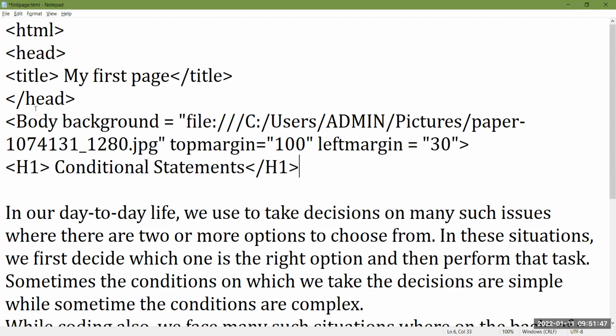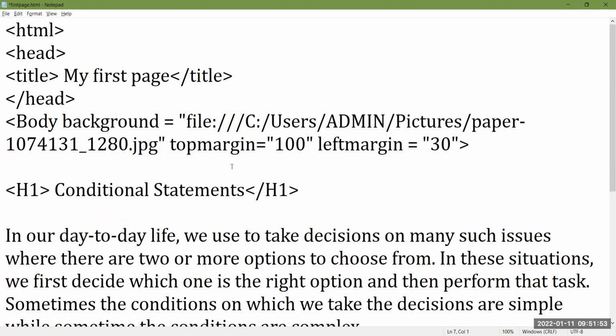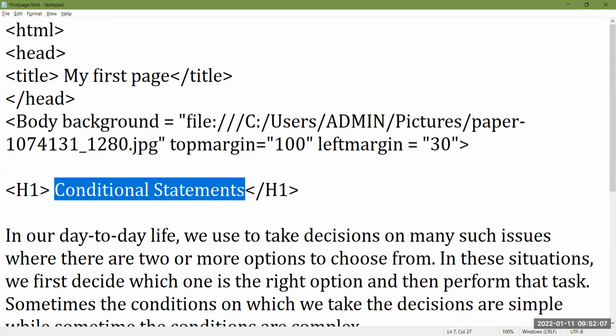Yes, Lavish? Ma'am, when we start this, like we wrote H1 conditional statements, and after that when we closed H1, why do we put the slash? Slash is used to specify this is the closing tag. When we close it, that means the effect that I applied to the text, the size 24 and bold, should finish here. It should not be applied to this paragraph.